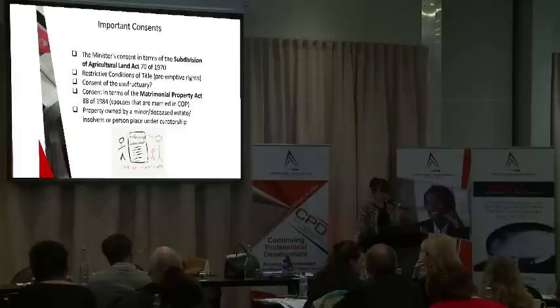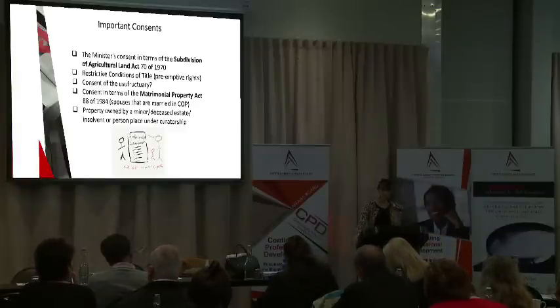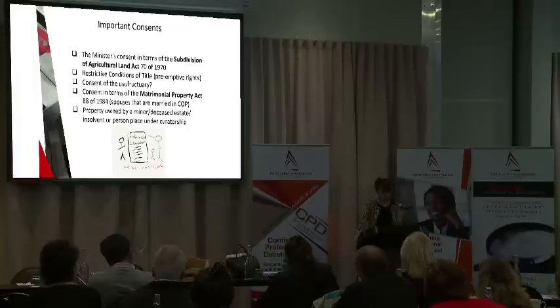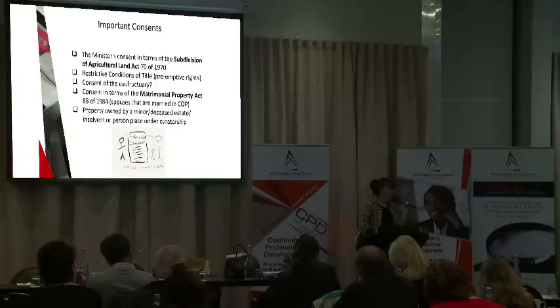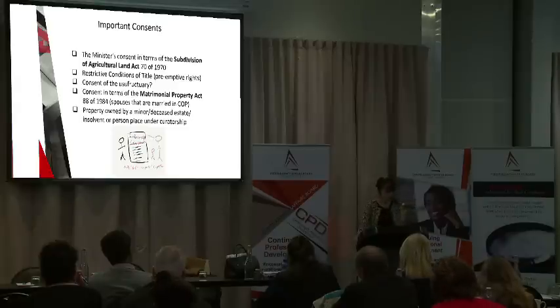Minors under the age of 7, as you know, have no contractual capacity, which means that their guardians must sign the agreements of sale. If minors are aged between 7 and 18, then they must be assisted by their guardians, though they sign themselves. But Section 80 of the Administration of Estates Act states that if the property of the minor is valued at less than 100,000 rand, then you require the authorization of the Master of the High Court to proceed with that transaction.